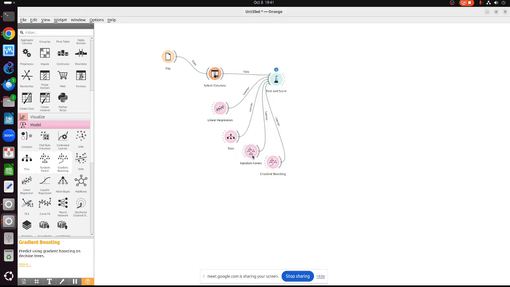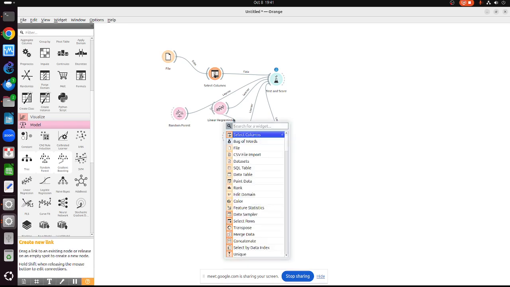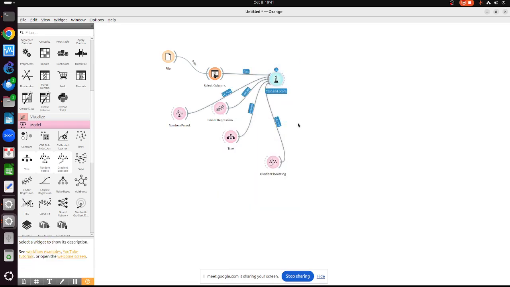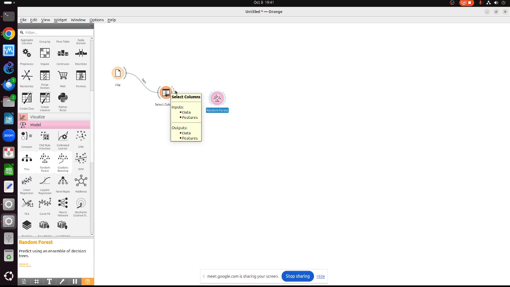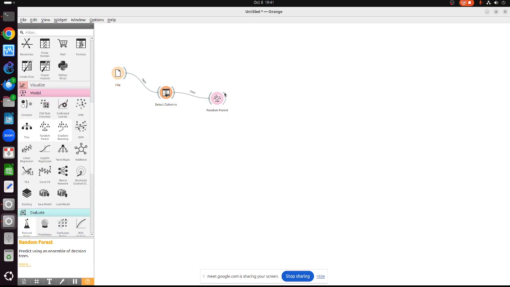So say we decide to use random forest. Okay, remove this one. So now we have the file, select column, and fit it into random forest. Then we have the model here. The output of random forest is actually the model. Now, if we want to predict,